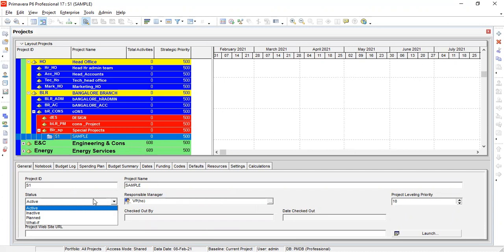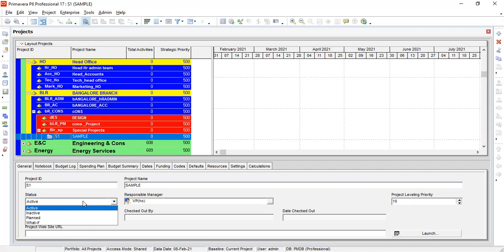Example, the Mumbai-Ahmedabad bullet train, where sometimes it may be planned, sometimes inactive. Right. Same, or now we are in the planning stage, we are not going to do anything, that means planned condition. What does check-in condition mean? Normally active, you have to leave it as active. If you want to do any changes, you can check it here.